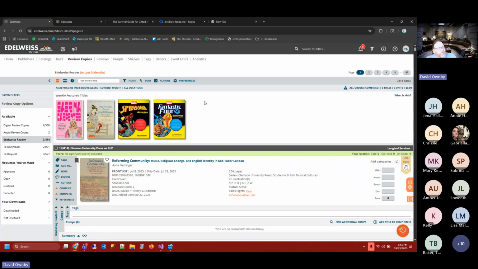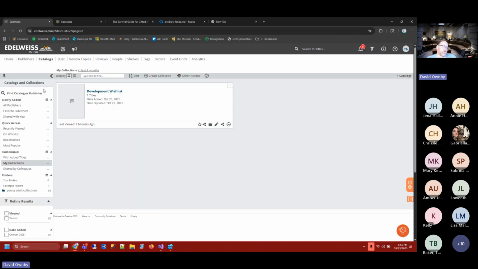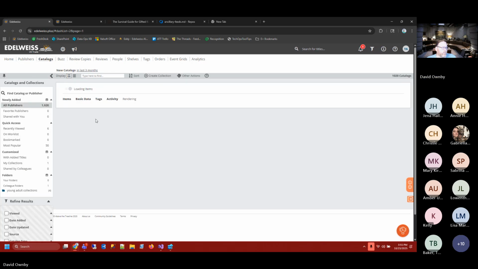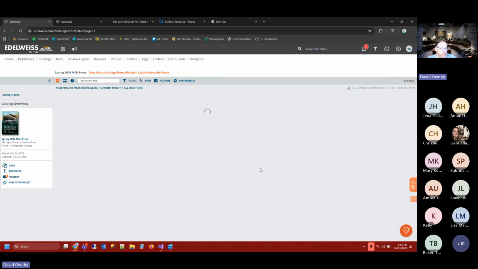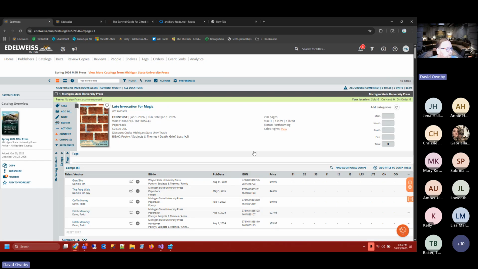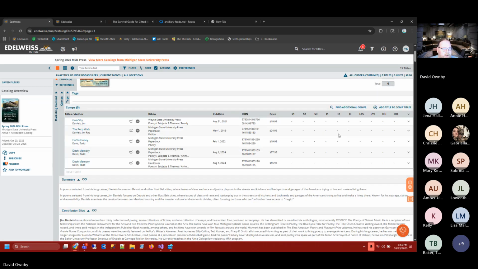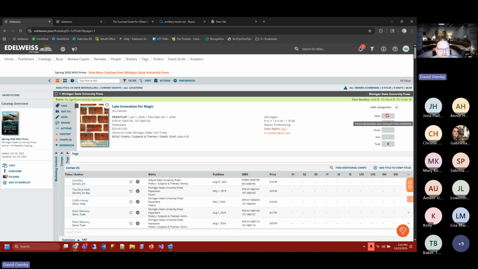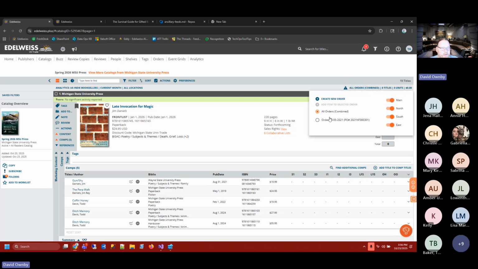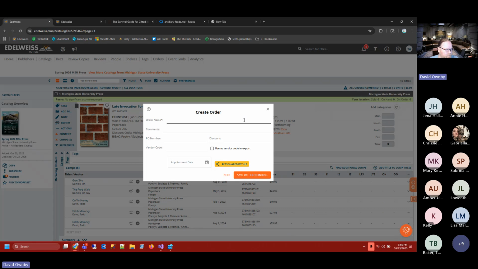So in addition to review copies, one other thing I want to touch on briefly is you can build orders in Edelweiss. If I go back and go to Michigan today, or Michigan State, excuse me. So you can see here we have some options for this library. We have different branches and stuff, but if I want to create a new order,